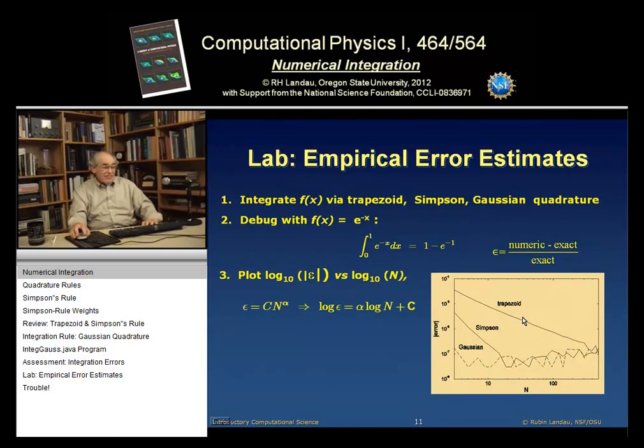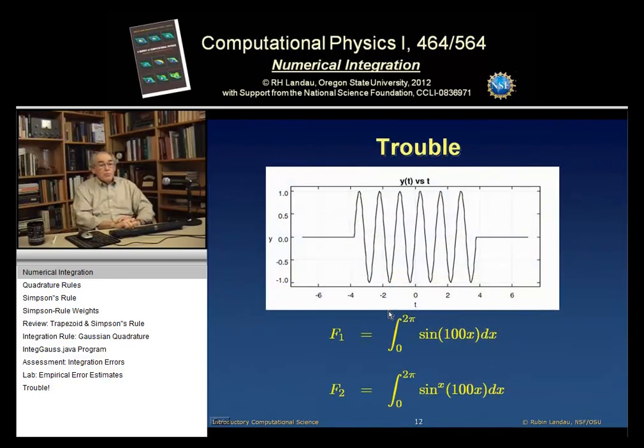You should get the trapezoid rule. It has about half the slope as the Simpson rule in magnitude. Simpson rule falls off more quickly. Gaussian falls off even more quickly. Estimate roughly what the fall off should be. You should get a log plot, which is a straight line. Okay. Then, once you know these methods work,